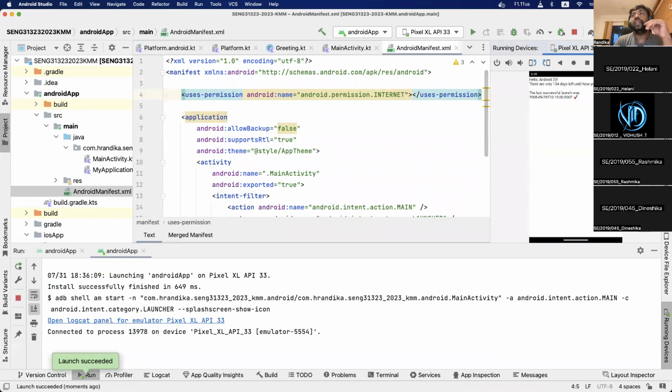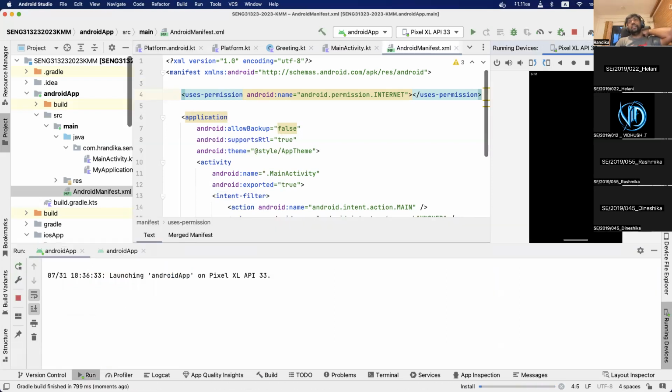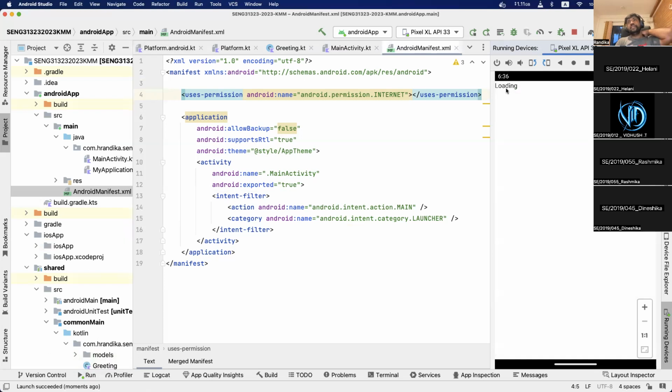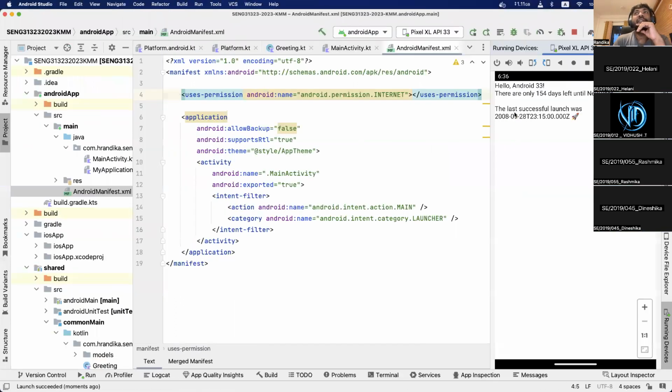And you can see the loading is happening, and hello, and the last successful launch was on 2008, and this number 2008, 9, whatever the time is. Okay, so you guys can see that if I run this once again, the loading will show up. There you go, the loading, and once the data is loaded, once the API call is successful, you will get the value